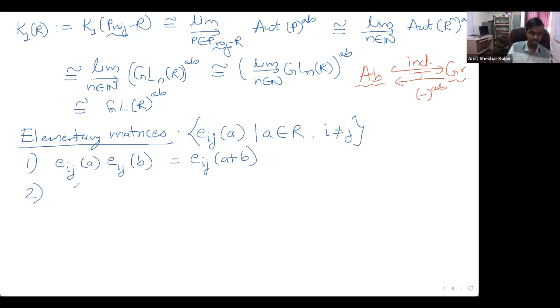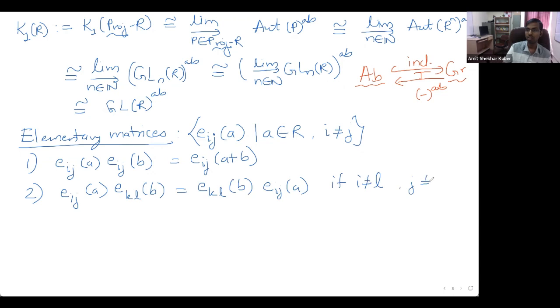Then the second property is that if we make sure that the rows and columns are not the same, then these matrices actually commute with each other. If i is not equal to l and j is not equal to k, then they commute with each other. Okay, then the third one is if i, j, k are distinct,